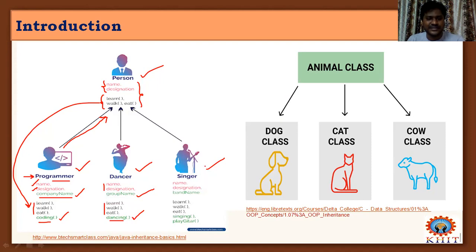And coming to Singer. This Singer extends the same member variables and has some band name where he is working as a singer. And these are the methods extended from the base class. And these are the two things he additionally added specifically to this subclass Singer: singing and play guitar. So he has two types of methods as its own members of the Singer class.